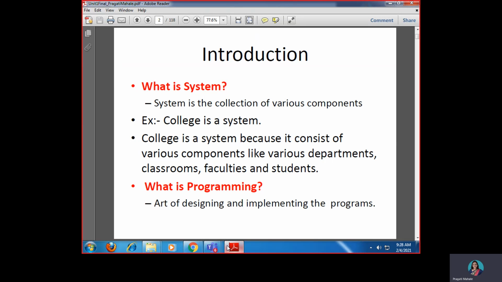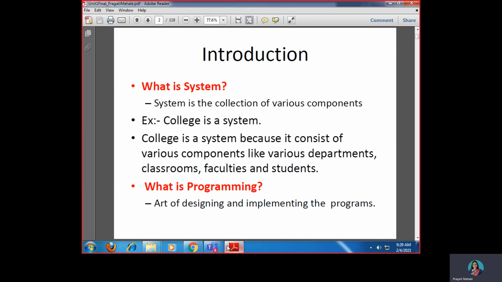A system is nothing but a collection of various components. We have so many different systems. Our computer itself is a system made up of many components, like translators, compilers, interpreters, linkers, software, hardware, peripheral devices, and so forth.